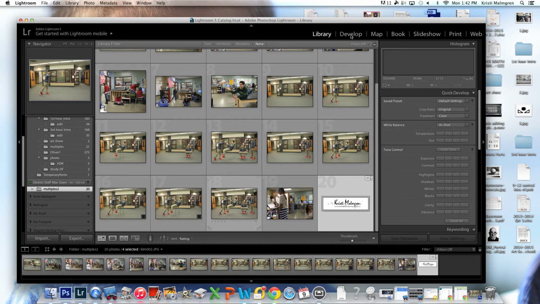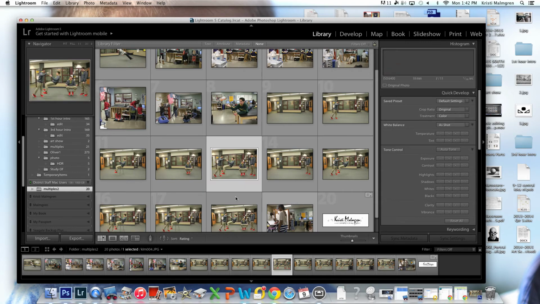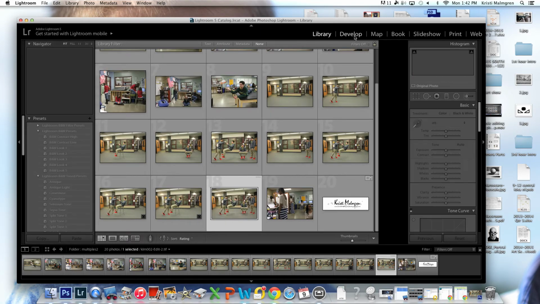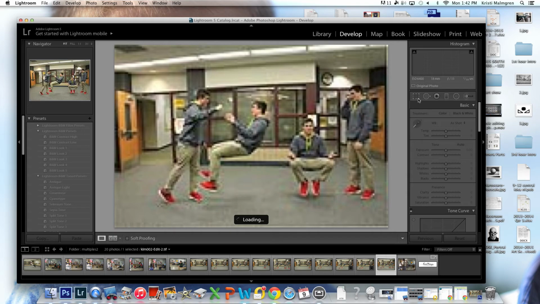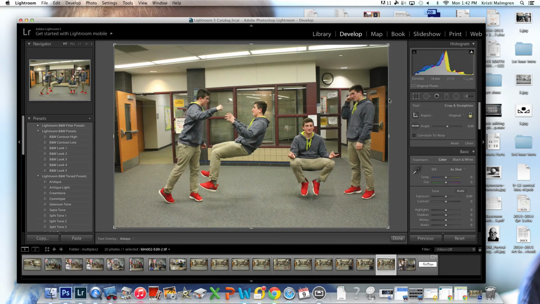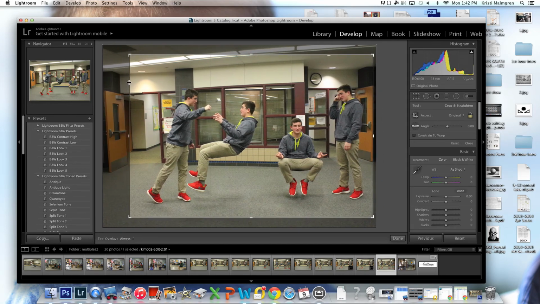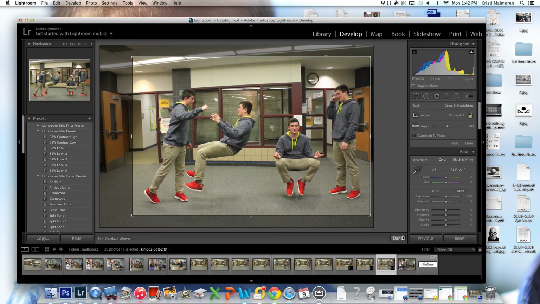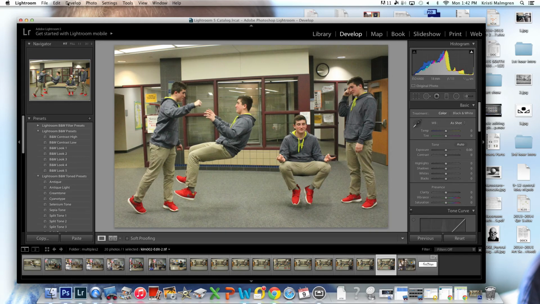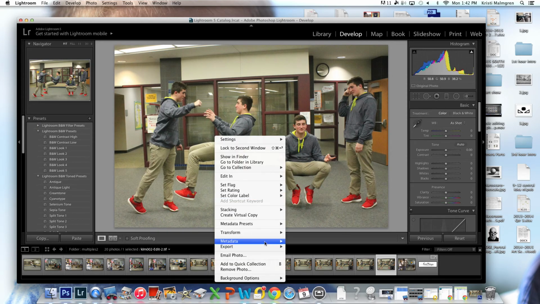From there I can go back to my develop mode and crop. So go to develop, crop, make sure I have my aspect ratio locked, drag the edges, click done, and then export your file. Okay, right click, export,